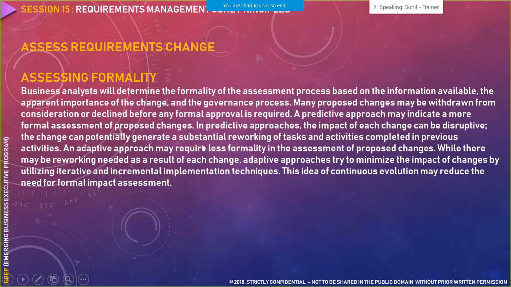So there are chances that your justification may be denied or it would be approved. If it is approved the first time, then it's fine. Otherwise, you have to come to an agreement wherein between 1 to 3 months, you select 2 months or 2.5 months on the basis of the justification you provided. Now, all this won't happen instantly. So predictive approach is a very good, ideal approach which you should adopt when it comes to assessing formality of the requirements change.